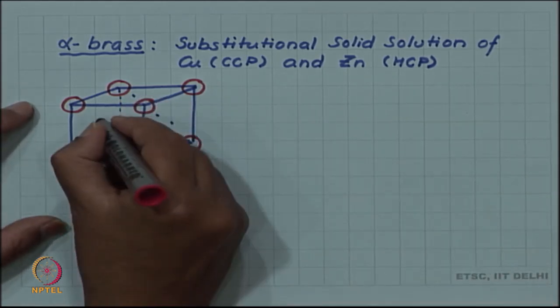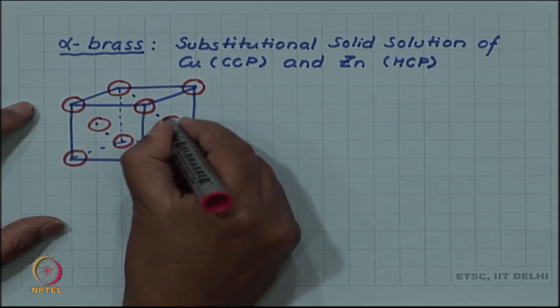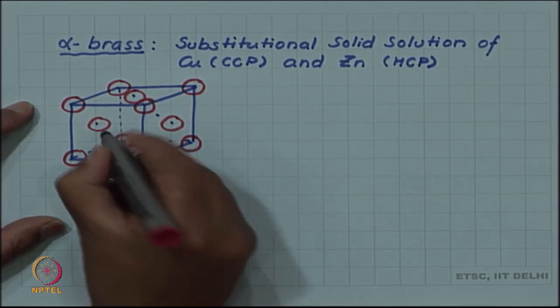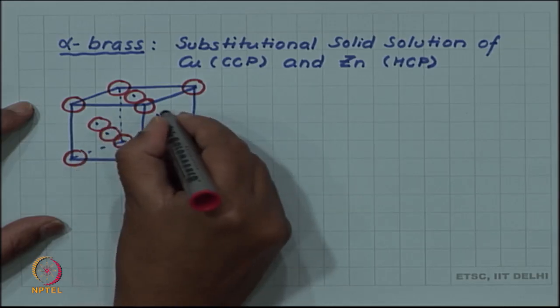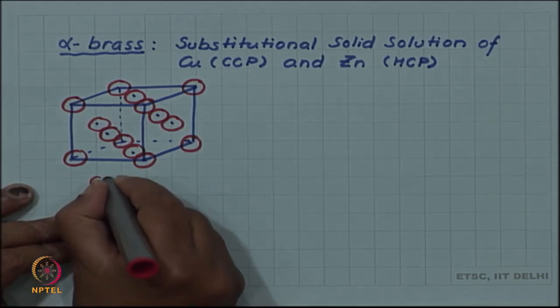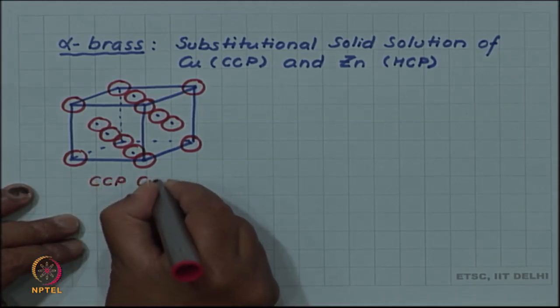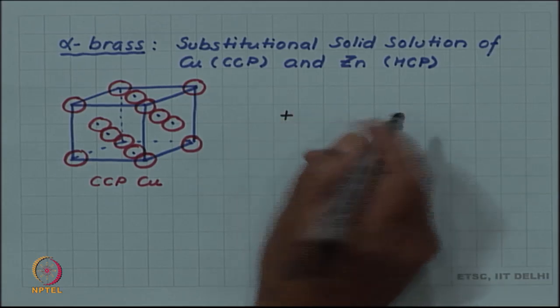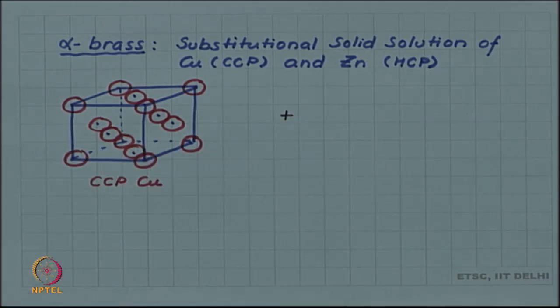So, all the 8 corners, left face, right face, top face, bottom face, front face, and the back face. So, this gives us CCP copper. Zinc, and we are adding this to zinc,